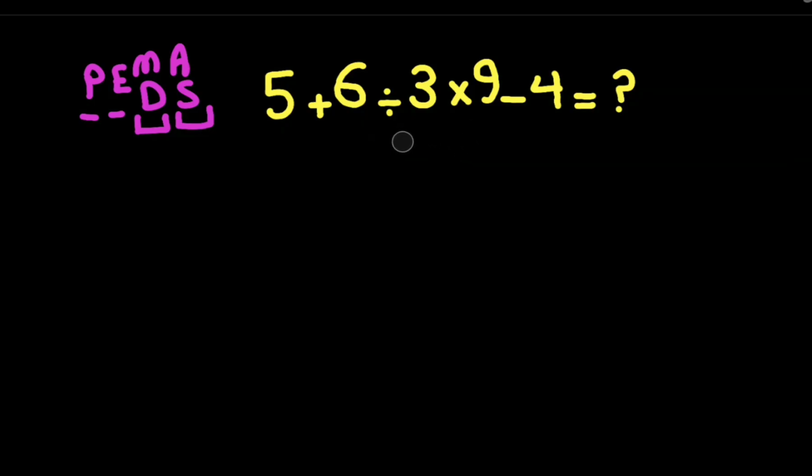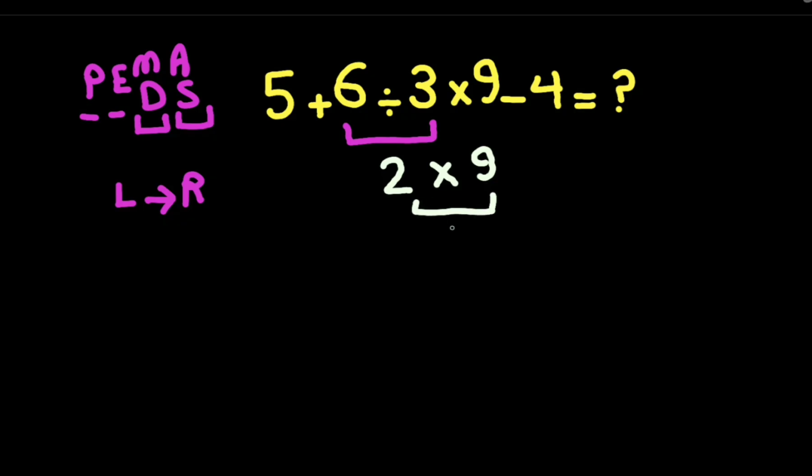So as we know, multiplication and division are equally important, so we have to solve this expression from left to right. Now 6 divided by 3 gives us 2, and now 2 times 9 gives us 18. Now we have 5 plus